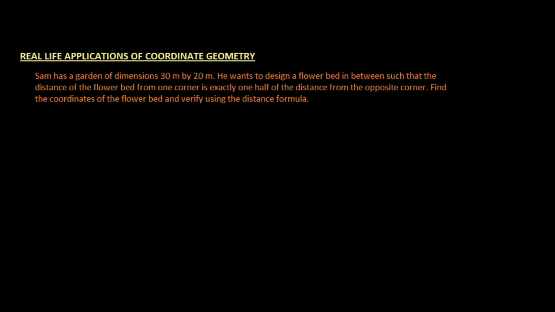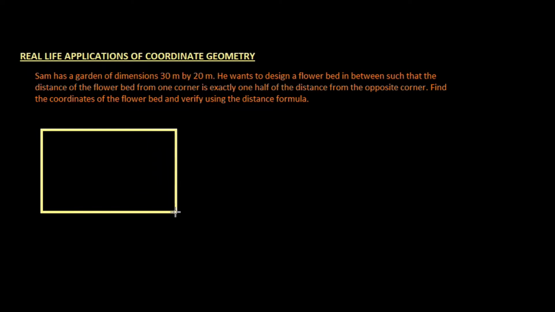Okay, so if we understand the problem first, the first part is to make a diagram to understand whether we have really understood the problem or not. So Sam has a garden. Let's say that he has a garden like this. Let's say the dimensions of the garden as given is 30 meters by 20 meters. So this is 30 and this is 20. And he wants to design a flower bed from one corner, which is exactly one half of the distance from the opposite corner. Which means if he has a diagonal like this,